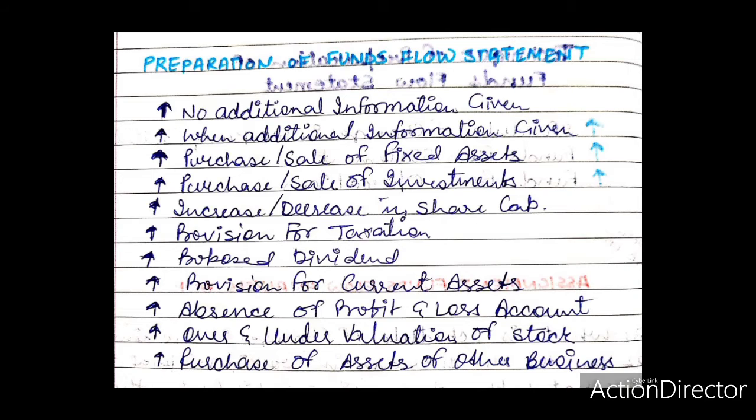When there is no information other than the balance sheet at the beginning and end of the year, first of all, figures of share capital, debentures, reserves and surplus and long-term liabilities, etc., given on the liability side of the two balance sheets should be compared. If there is an increase in these items, it would be shown as a source of funds, and in case of decrease or reduction it would be shown as uses of funds.